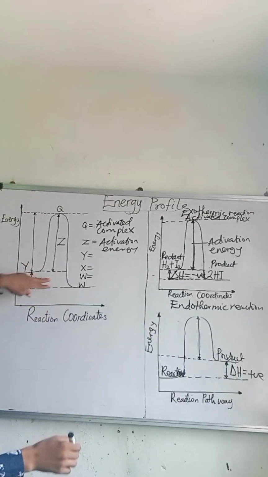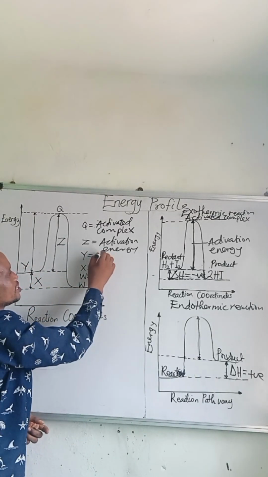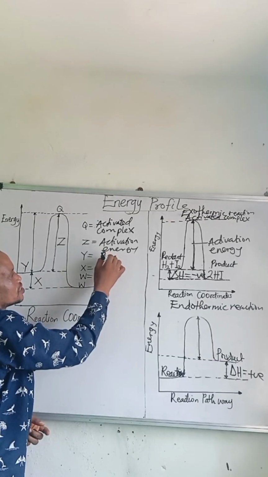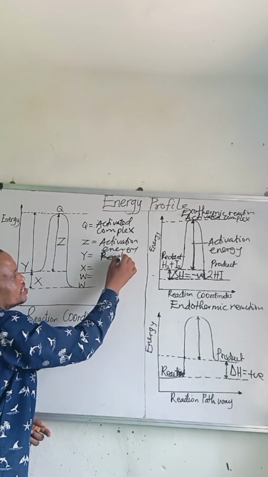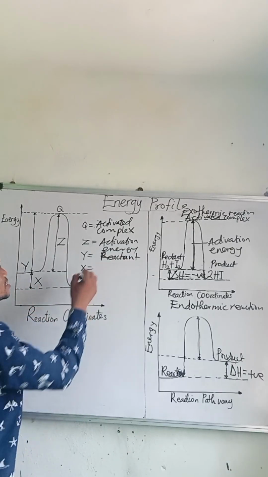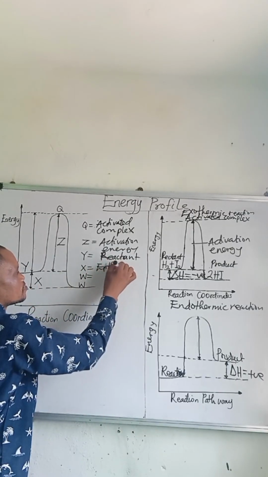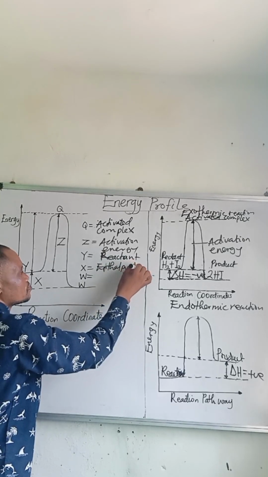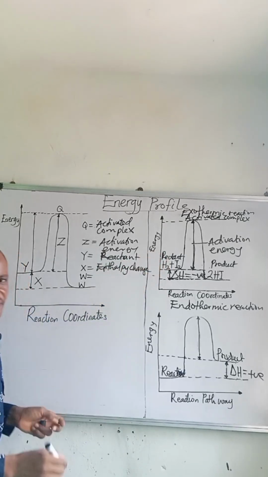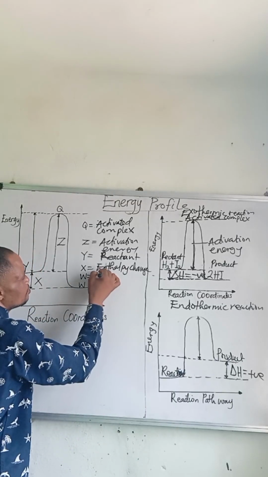Then Y is the reactant, or you can say energy of the reactant. Then X is enthalpy change, or you can say heat change. Then W is